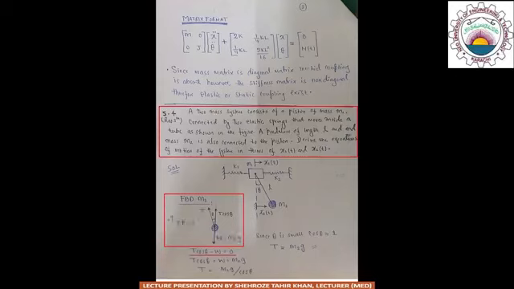So T cos theta minus W is equal to 0, and by substituting the value of W in the above equation, we get T cos theta is equal to m2g, or T is equal to m2g upon cos theta. Since the pendulum is oscillating with some angular displacement theta, and the pendulum is also attached to mass m1, which is also oscillating